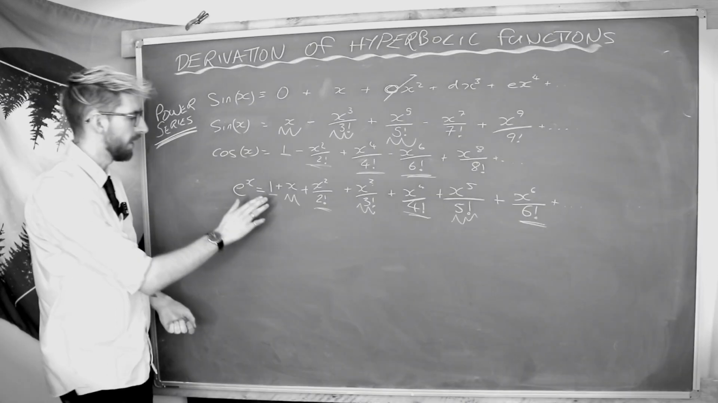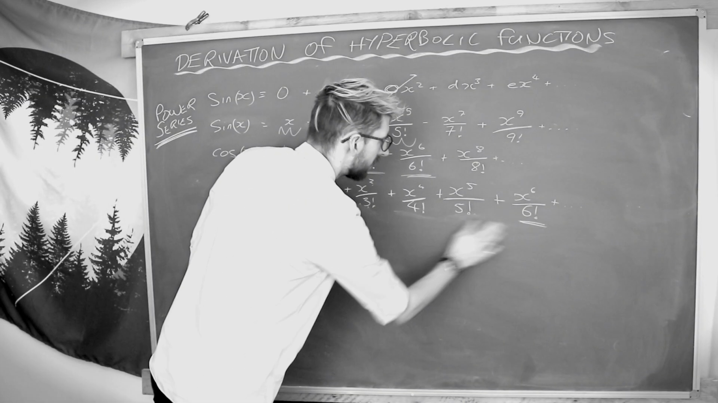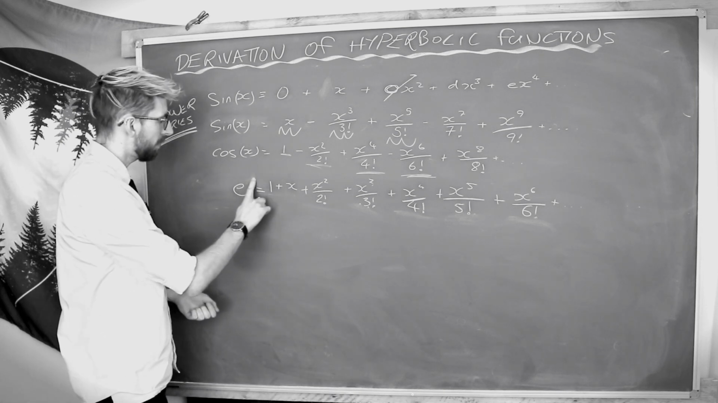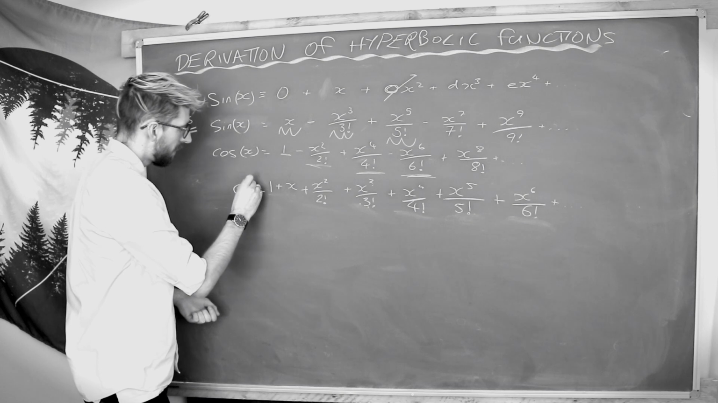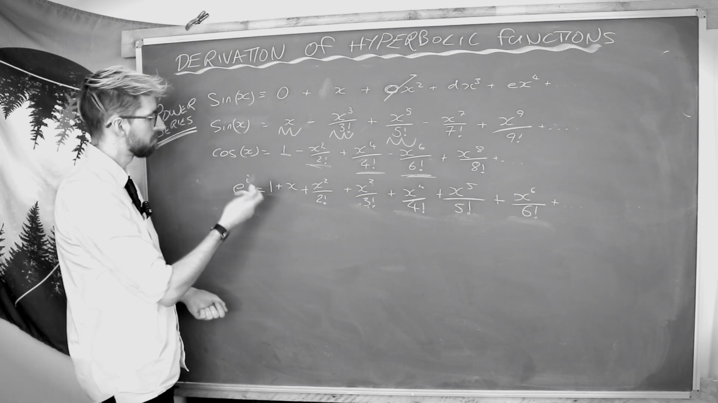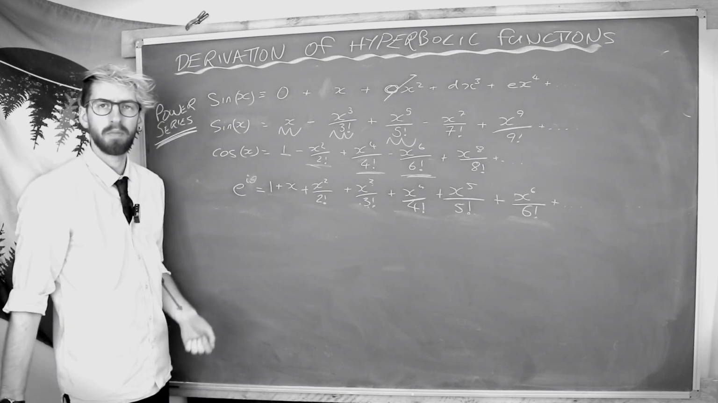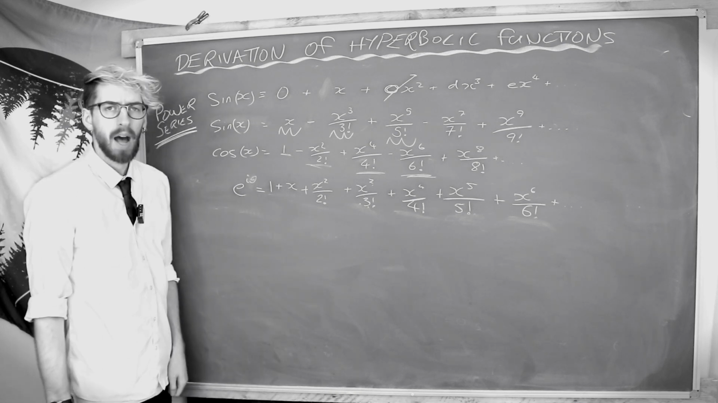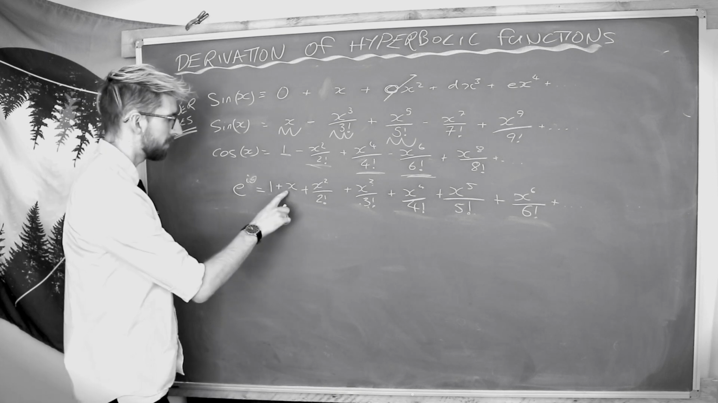If I look back at here, let's remove all these bits. I'm going to swap this e to the x for i theta. Theta is just our variable, but there's an i in there as well. So what happens is that each of these terms is going to become,